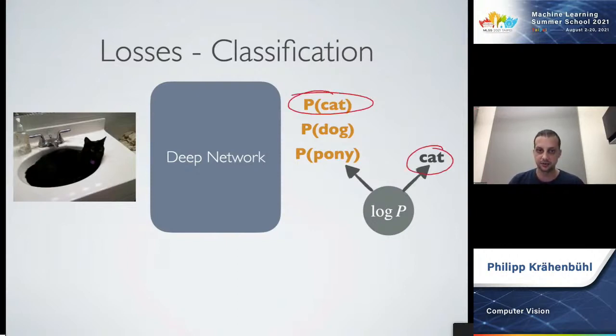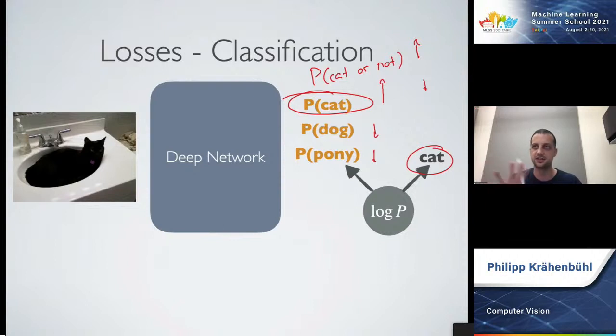And if you do this right, what will happen is that the probability of the ground truth class will go up during training. And because if you phrase it as a classification problem, probabilities are normalized, the probabilities for all other classes will go down. Now, if you phrase this as a binary classification problem, which would be, is this P cat or not? Then you would have to have a loss for every single output, saying this is not a dog, this is not a pony. And so that's how you would do binary classification.